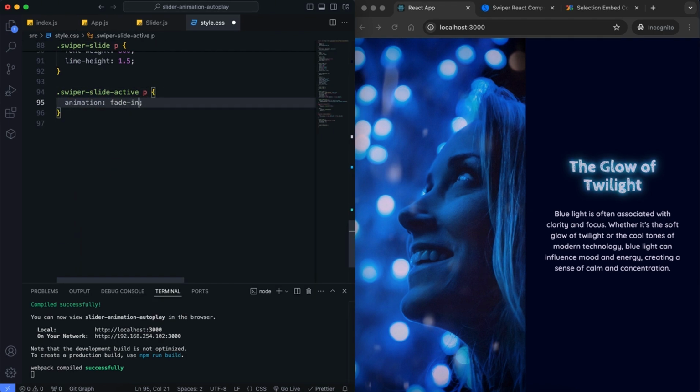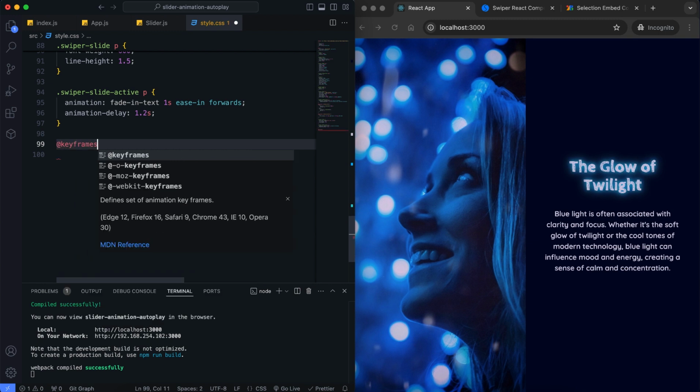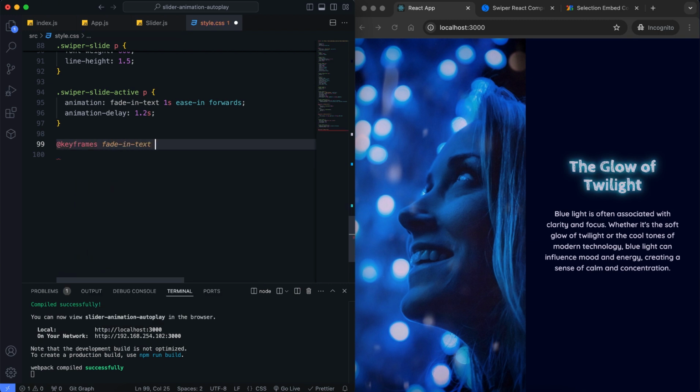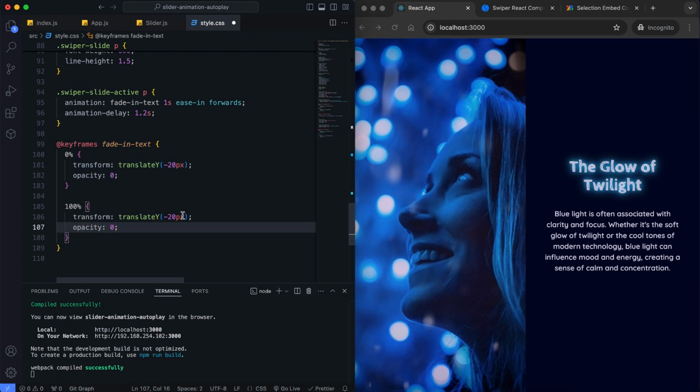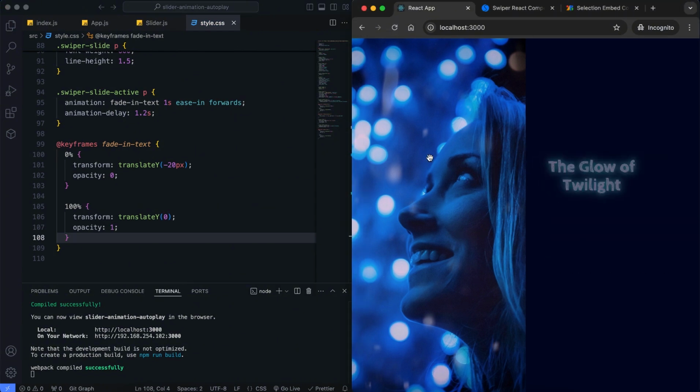I set it with the fade in text animation. The titles slide in from the left while the paragraphs fade in smoothly.